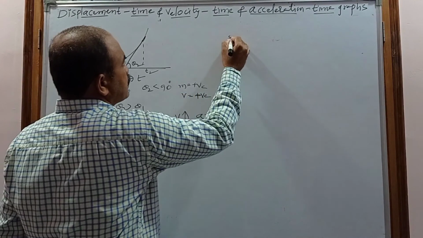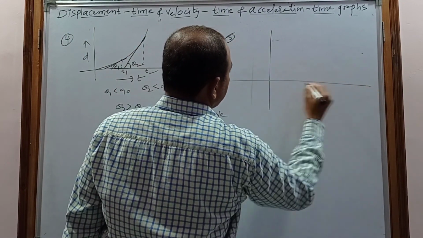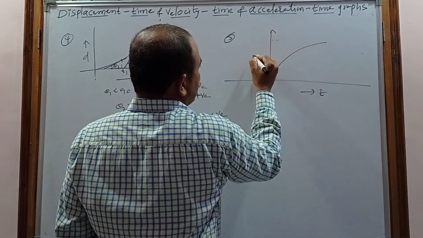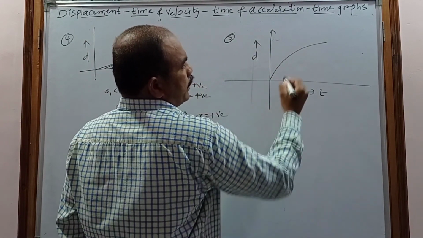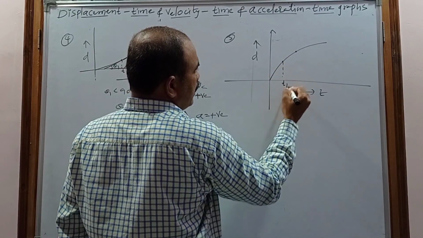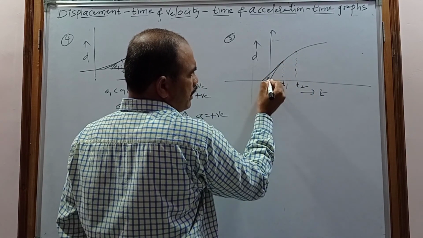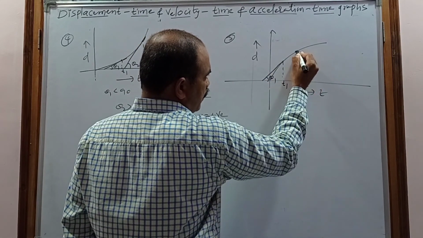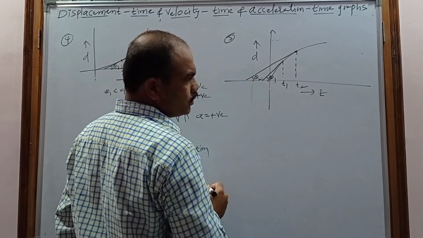Now coming to the next graph, if the displacement versus time graph will be like this, by taking the time on the x-axis and the displacement on the y-axis. Now to explain the motion, again I am taking two points. One is at t1 time, and this is at t2 time. If you draw the tangent, this is a tangent drawn at t1 time, so the angle is considered theta 1. Now at time t2 I am drawing the tangent, and consider this is making angle theta 2.